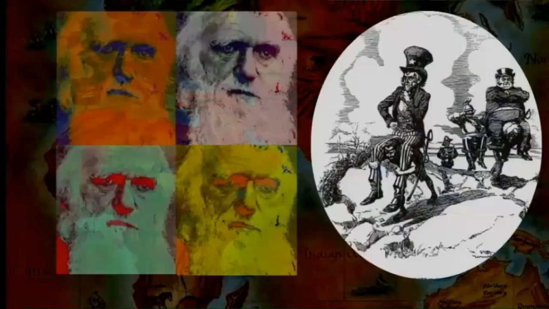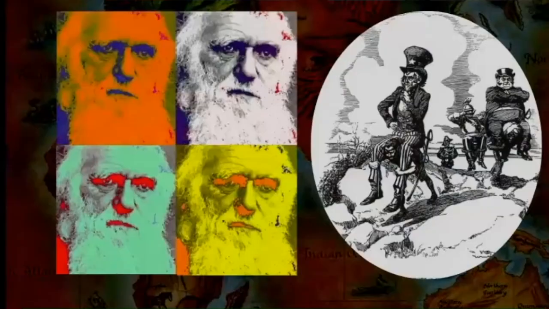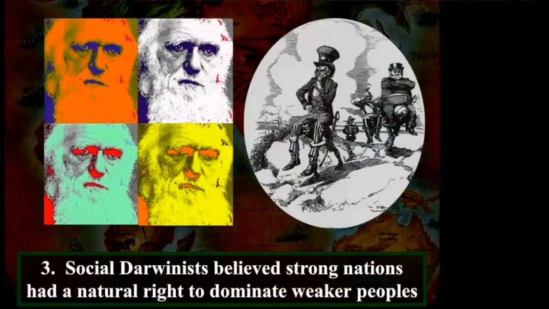Now, like I said before, we've mentioned social Darwinism back in the Industrial Revolution. They are going to take a bastardized version of evolution and apply it to society. So Charles Darwin said, hey, theory of evolution, species have some traits that are passed down and some traits that aren't passed down based on how they help the species survive. It's not based on individuals, it's based on a species as a whole.